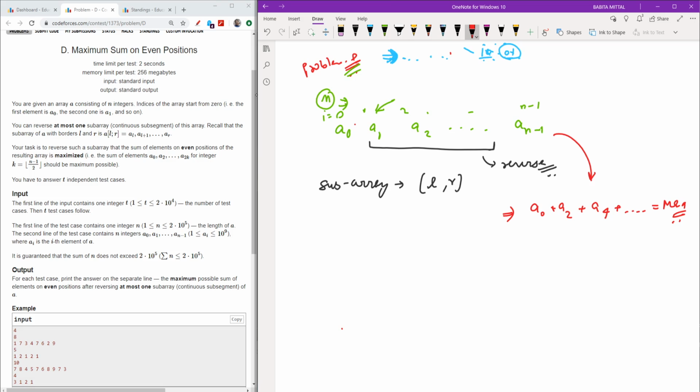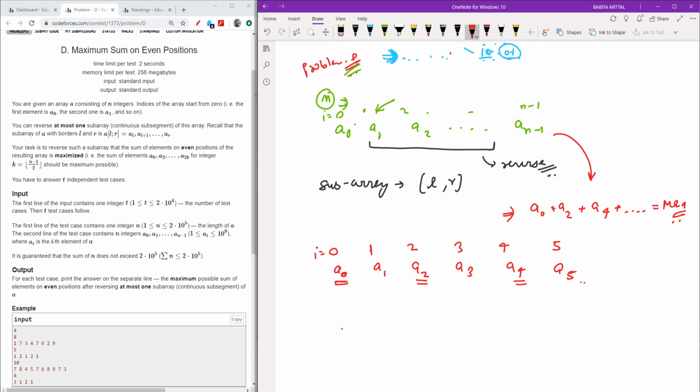Let's think over it clearly. If I have A0, A1, A2, A3, A4, A5, then some elements are at even indexes and some are at odd indexes. Let me mark the indexes.